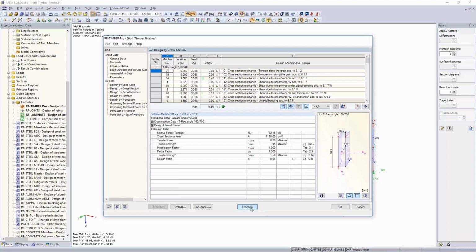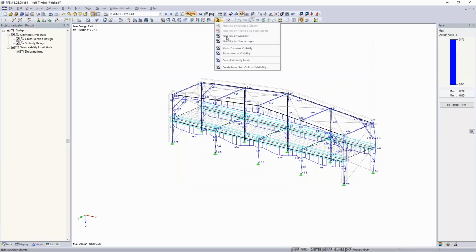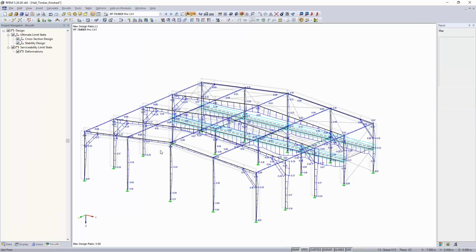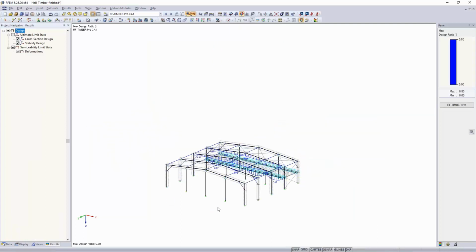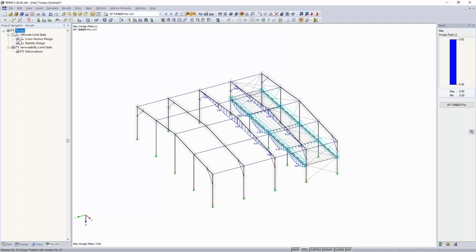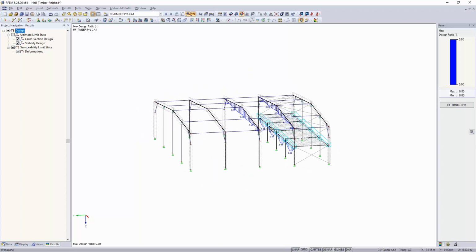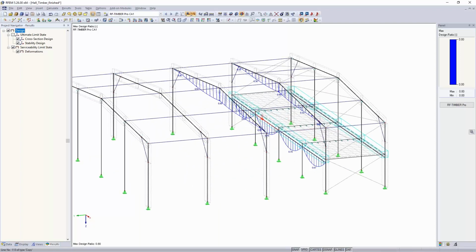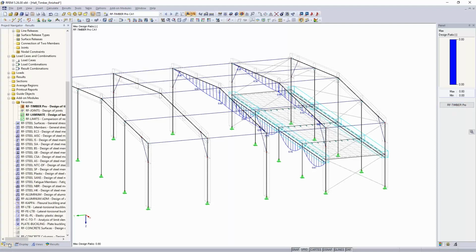Okay, as I said, if we switch to graphics and to the whole structure, we switch off ULS, and you see that the longer beam in the middle was actually, as I expected, design governing with a loading of 80%. Okay, and the smaller ones are also loaded pretty high, the beams that are underneath the CLT plate. Okay, that would be the design of the structure, and we can